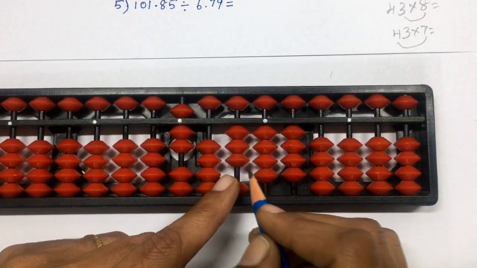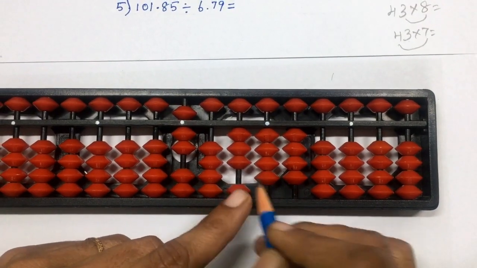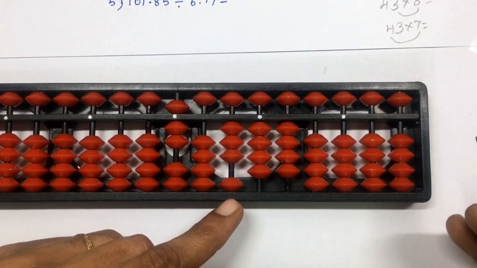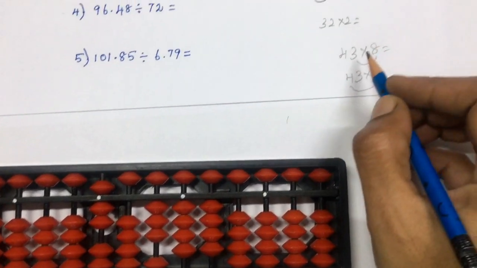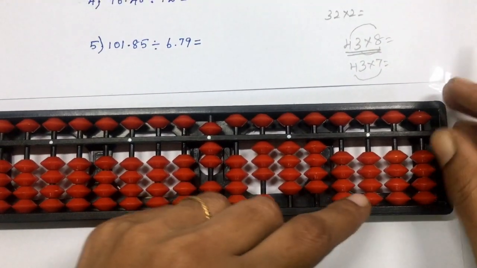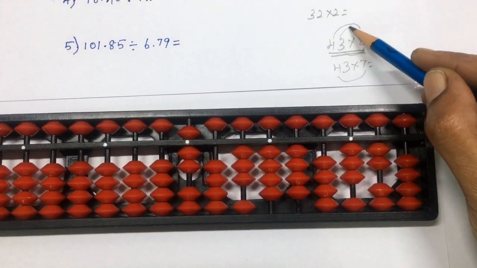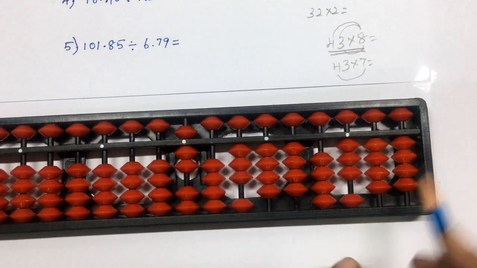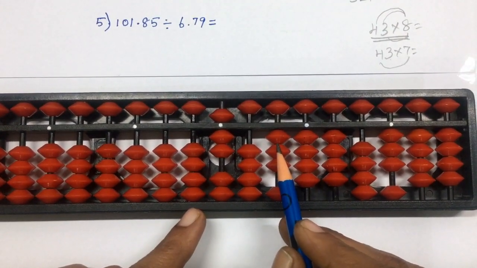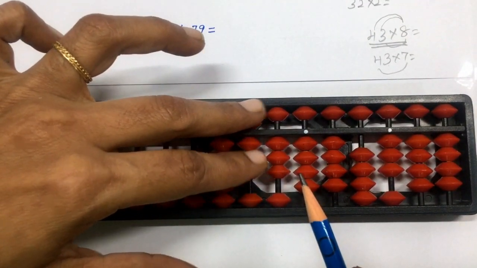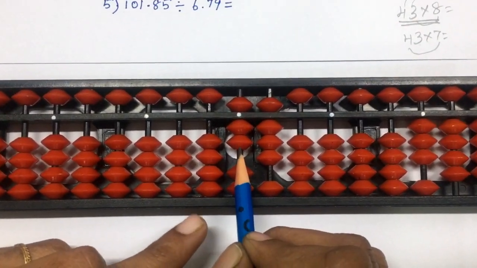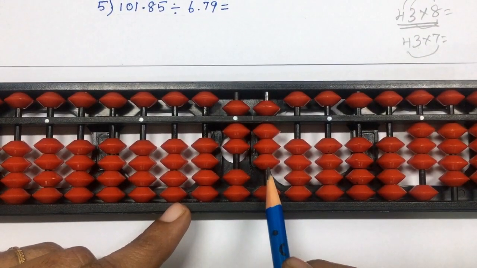So the next dividend is 344. Divide 34 by 4 first. We'll be getting 8 times. So we can do this one. Answer 4 8s are 32, 3 8s are 24, 344. We got the answer. From here, jump 2 rods. We can set the quotient here, 8 times. So the answer is 7.8.